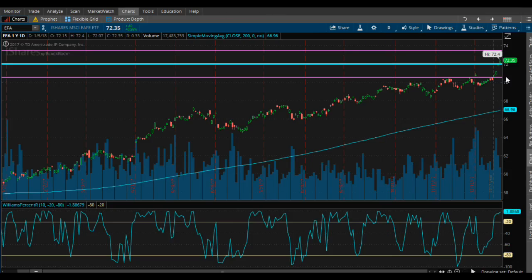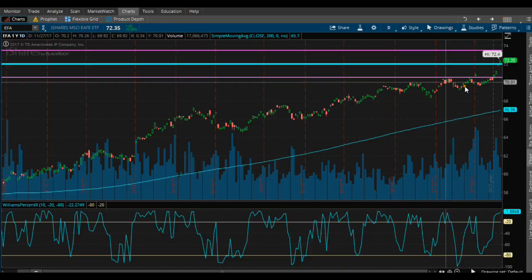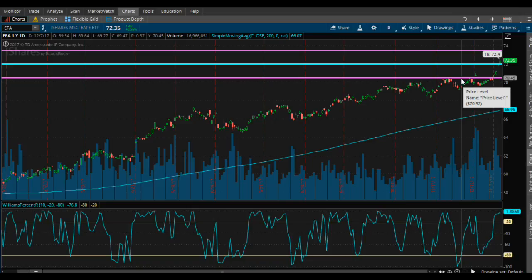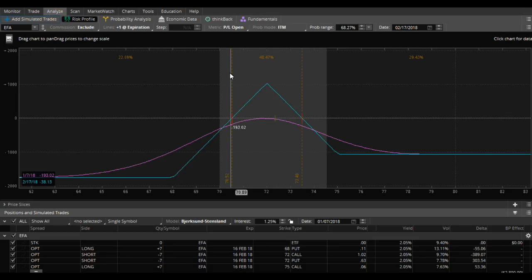Now from the chart perspective, as you can see here, we've got a really nice level of support here. I anticipate this level, because of this area and this area and this area, to act as support. And then if the market keeps moving higher, hopefully we see a sideways motion in EFA. But our break even, for those of you that are new, our till lines are always our center straddle areas, right? And then for an iron butterfly, these are our break even. So our lines at this price level are our break evens. Okay, so this is EFA, looking fine, like the support areas here. Got a really nice wide break even and a current probability of profit at